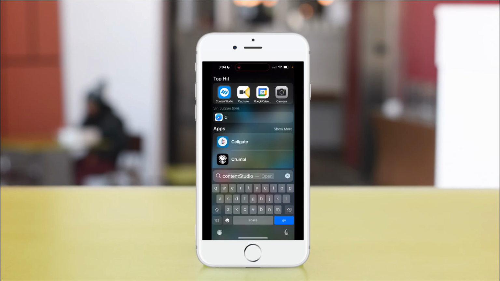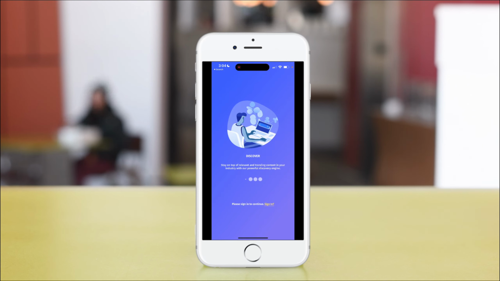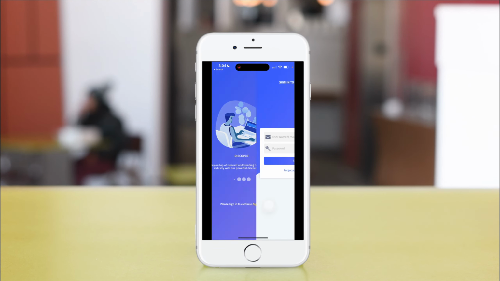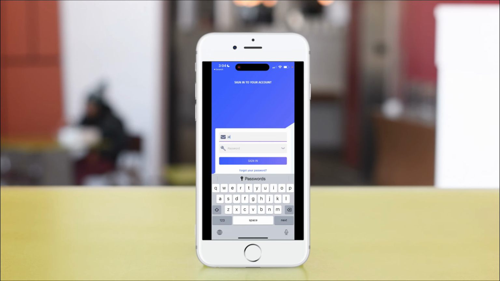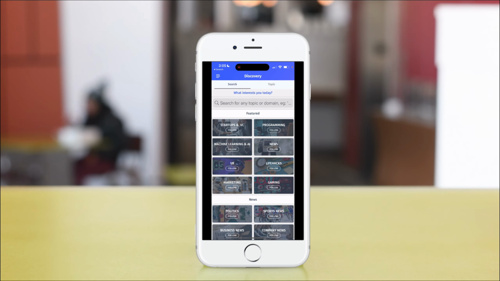In order to sign in to Content Studio, you're simply going to put Content Studio in the search box, find the Content Studio app on your device, then you will walk through and sign in with the email address that was added for you. Once you're logged in, it will bring you to the main screen that will show you different topics that you